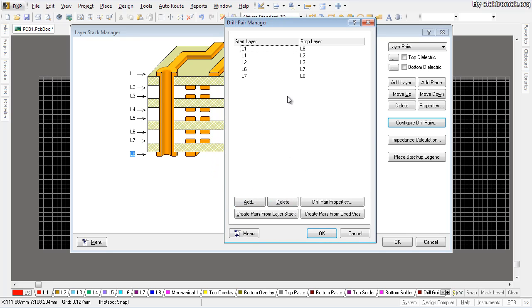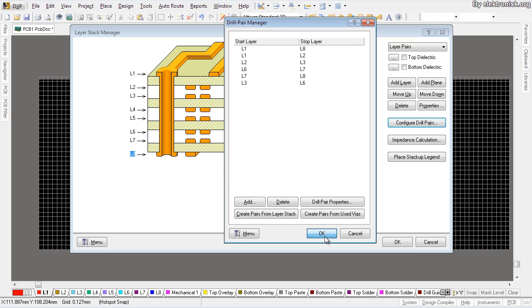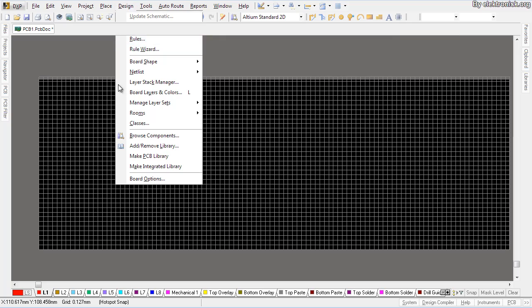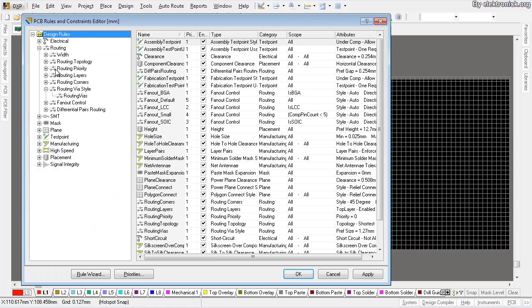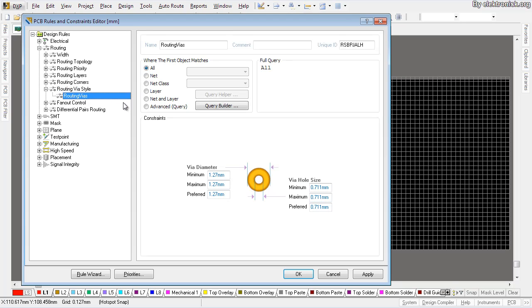And let's say that's the microvias. Now for the buried via, 3 to 6. OK, now that's done. I can press OK and OK once more, and now I want to put the dimension info into my design rules. So go here on Design, click Rules, and navigate to the category for vias. That's the routing via style category, and we see I have a default rule here